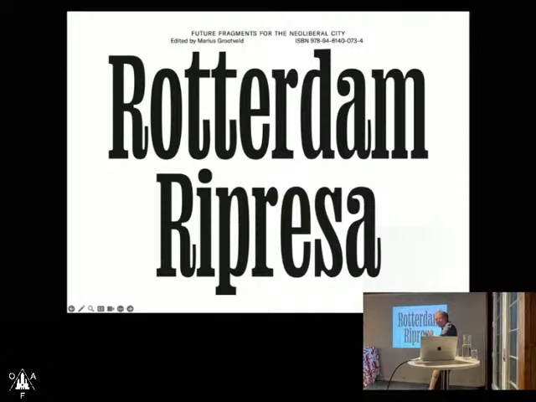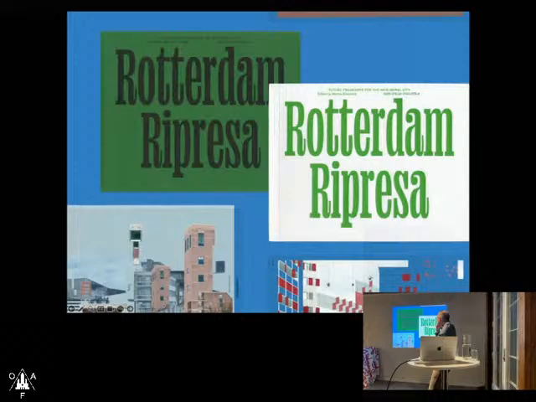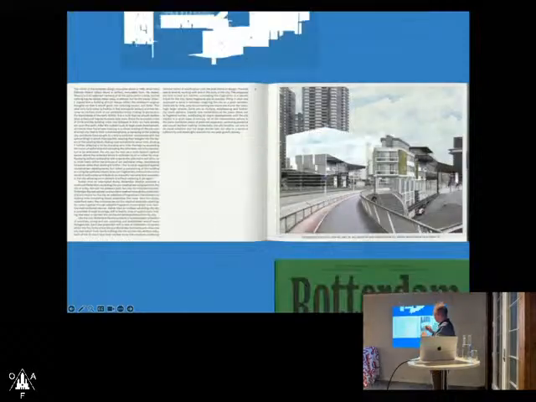So as Erlend was talking about, Rotterdam Vipresa is this book where we took Rotterdam and it's a book with an envelope and transparencies in the envelope, and you can put these transparencies with these designs on top of the book. And then you somehow redesign the city in fragments.